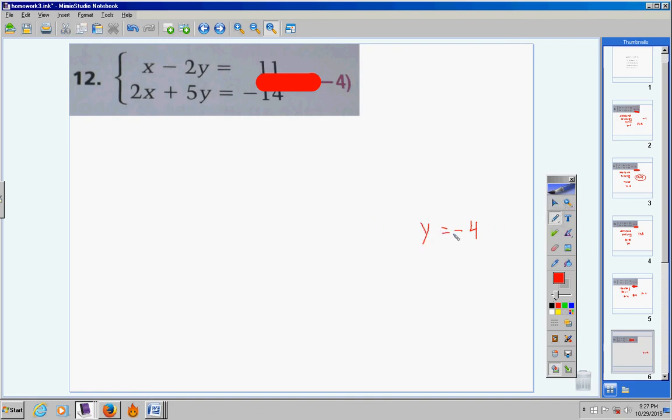Now we can take negative 4 and substitute it in for y right here, or the other equation, it doesn't matter. Either equation works. So 2x plus 5 times negative 4 equals negative 14. 2x minus 20 equals negative 14. Bring your negative 20 over and make it a positive 20. So we're left with 2x equals 6. Divide both sides by 2 and x equals 3. So the ordered pair were these two linear